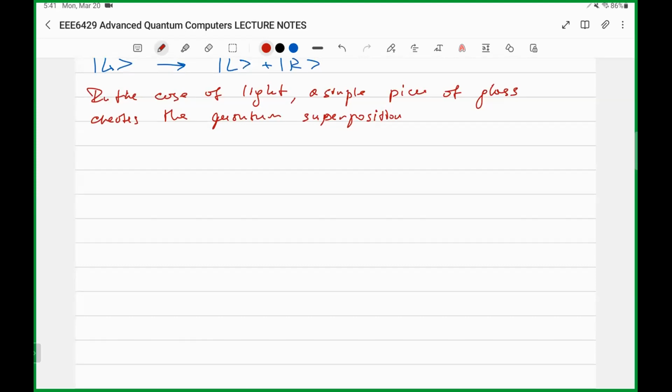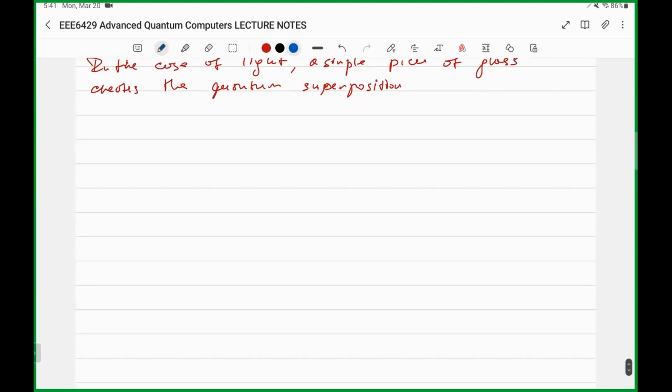But what happens if we put another surface of glass? Suppose we have one surface that creates superposition, and this is a Hadamard gate, right? The Hadamard operation that we discussed many times. But what if I put another Hadamard gate, Hadamard operation? It will close the superposition, right? So let's suppose I have these two surfaces, surface 1 and surface 2, and I have a stream